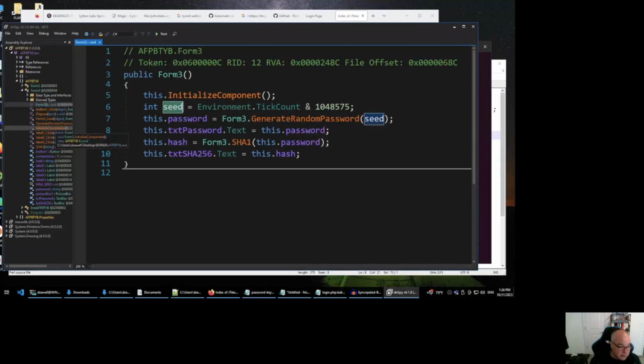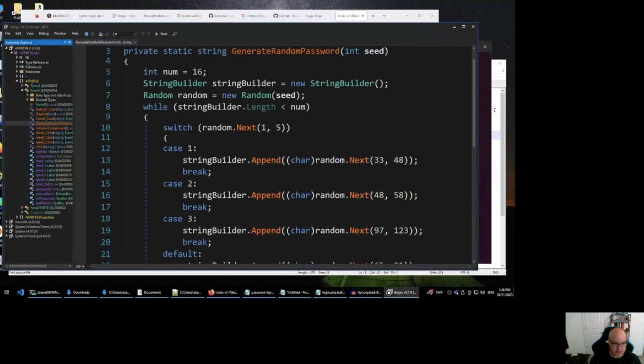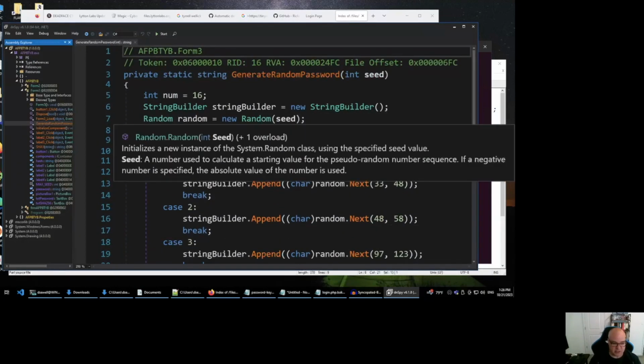If we go look at the generate random password program, it takes that seed, it creates a new random value once, and then uses that for every value that it generates, okay? Now, what that means is if you do look at the documentation on random, they will tell you, and you can see it right here, it's a pseudo-random number sequence. What that means is this is completely, totally unsuitable for use in things that need cryptographically strong numbers. And what it means is you pass in the same seed,